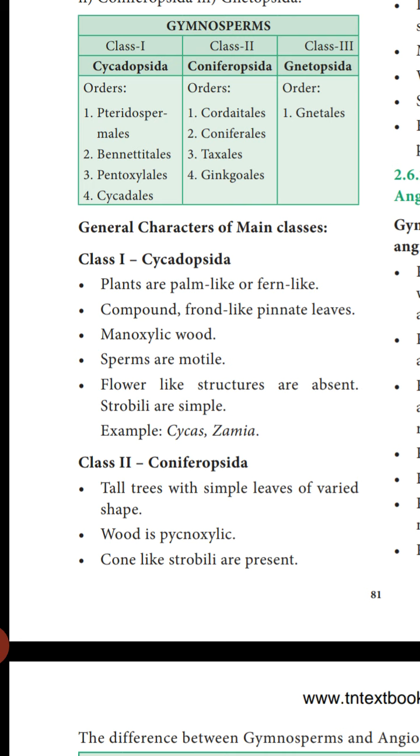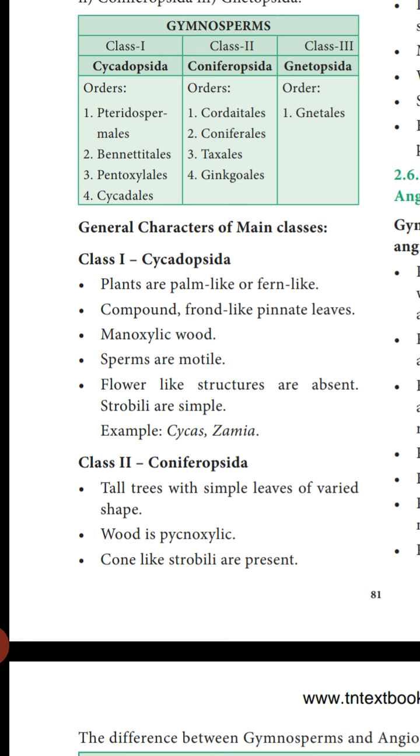Now here, first we have to understand there are two types of leaves, simple leaves and compound leaves. All of you have seen a mango leaf, a banana leaf. On one stalk only one leaf lamina, that is, leaf blade, is present. Such a leaf is called a simple leaf. Next, you have seen curry leaves or neem tree leaves. On one stalk numerous small leaflets are present, so it is called a compound leaf.